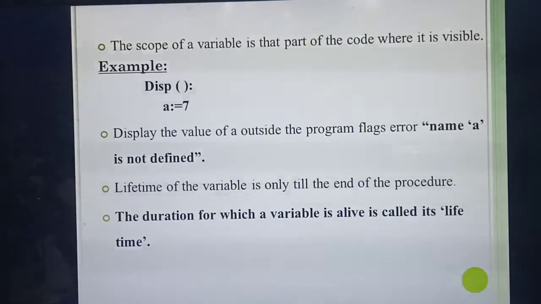So they have given in your book a code. In a code, how we are writing. So see the first, disp of. So what is that one? Disp of is a function, one function name. So inside this function you are giving variable a colon equal to 7. Inside the function only you are giving the variable a equal to 7.